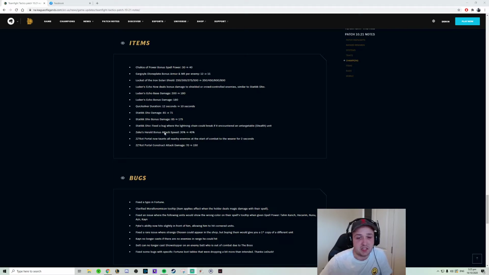Zeke's Herald bonus attack speed, 30 to 40%, absolutely insane. This is an item that's also very, very strong. If you have a BF sword, you should be using it for Zeke's. If you have a belt, you should be using it for Zeke's. But a belt you should also be using for, and it should be your first priority to use a belt for ZZ Rot. Now, ZZ Rot's been a bit of a meme item in TFT